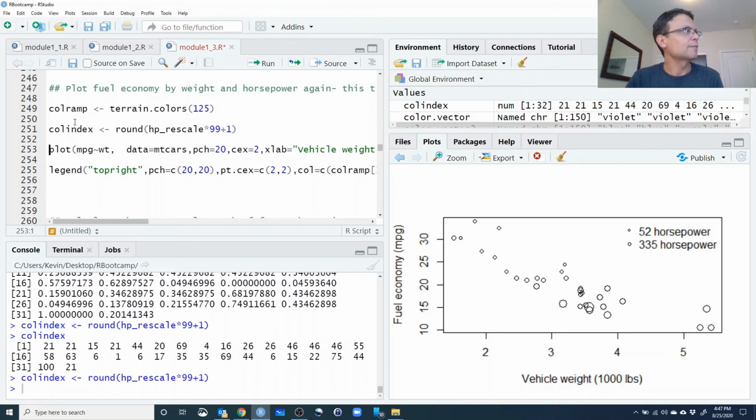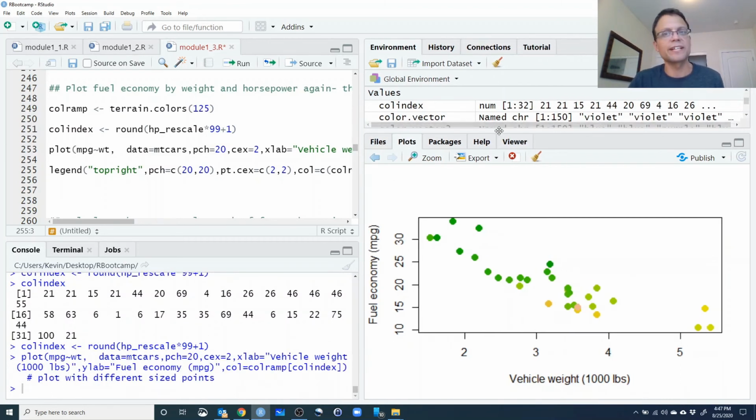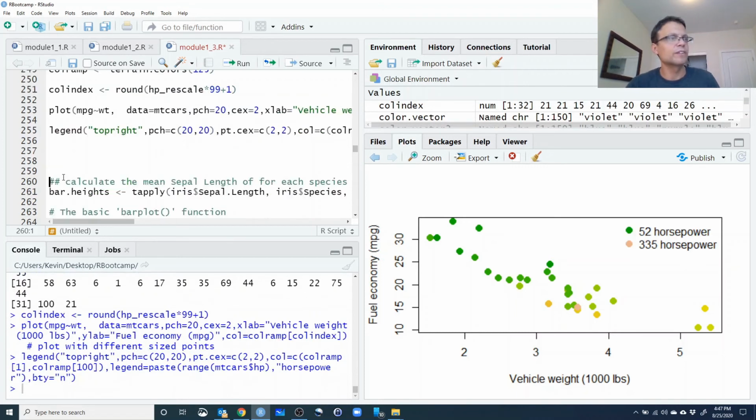So now we have a bunch of indices, and we can now plot different colors that represent different horsepowers. And if we include a legend, we can see that the greens typically represent lower elevations, kind of valleys, so that's going to be lower horsepower, and you have more icy, towards white conditions that represent high horsepower. This may not be a great way to do it, but again, just play around with it, find something that